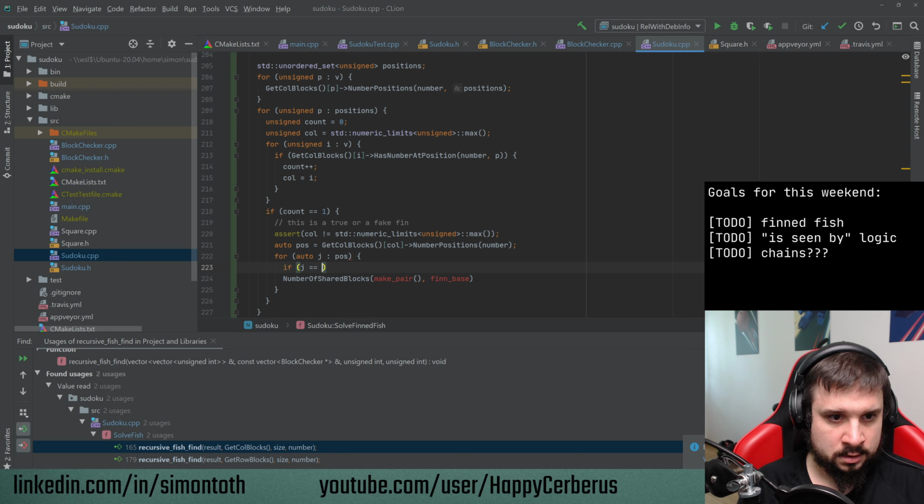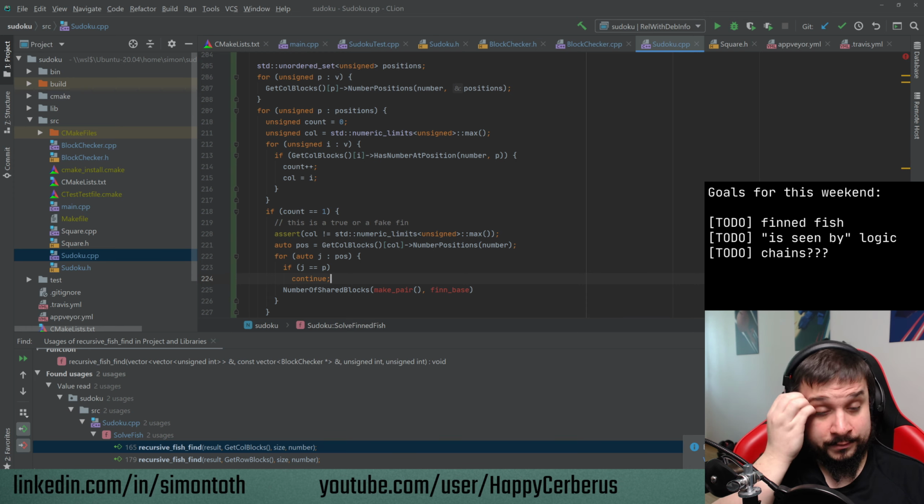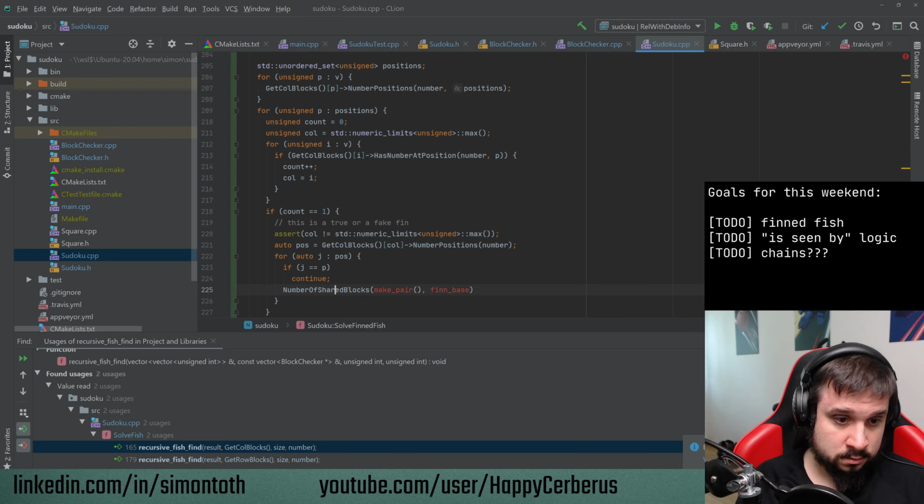If j is the same as p, then we just continue. Is that correct? Yes. And then I just do if number of shared blocks between make pair of